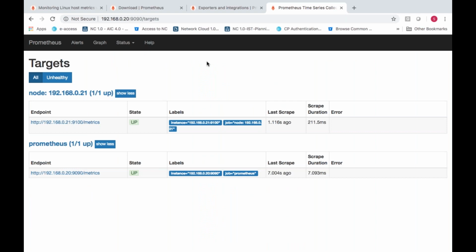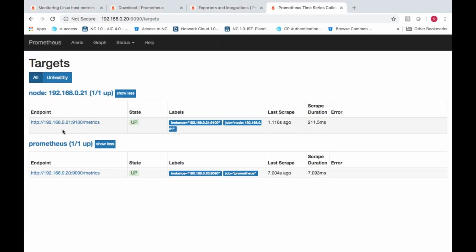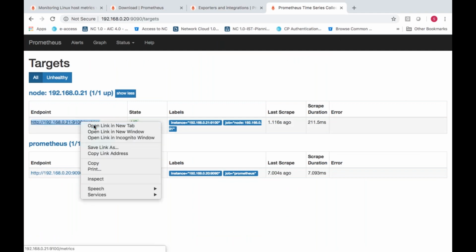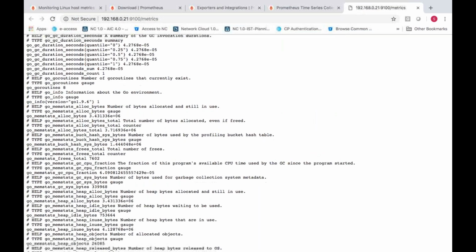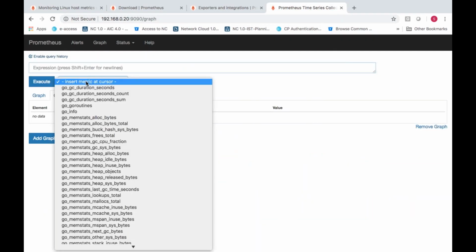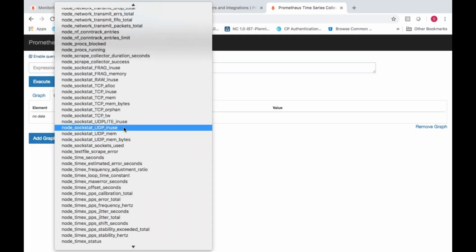So now the node exporter is also being monitored. If you want to see the metrics, you can go to this tab, but you will not be able to understand them, so that's the reason we go to the graphs. We have so many metrics: node socket, node process blocked, everything.